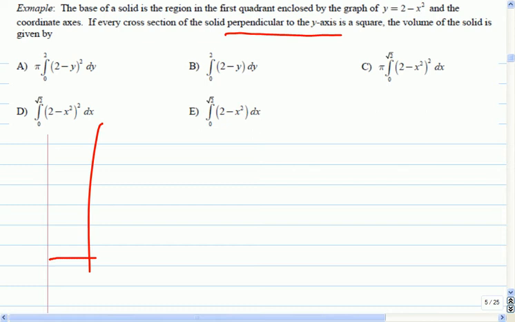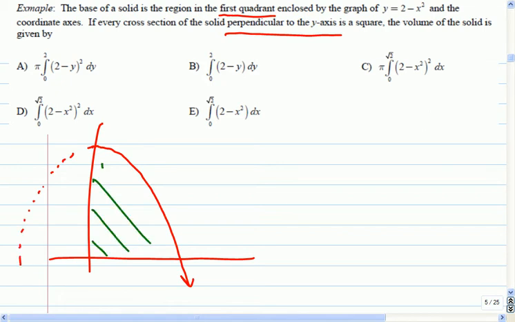Again, start here in my picture. It says it's going to be 2 minus x squared. So I basically only need this one portion. Let's just see here. It says in the first quadrant, so I'm only dealing with this part of the parabola, even though it does continue here. It's just this green region that I'm looking for right there. So